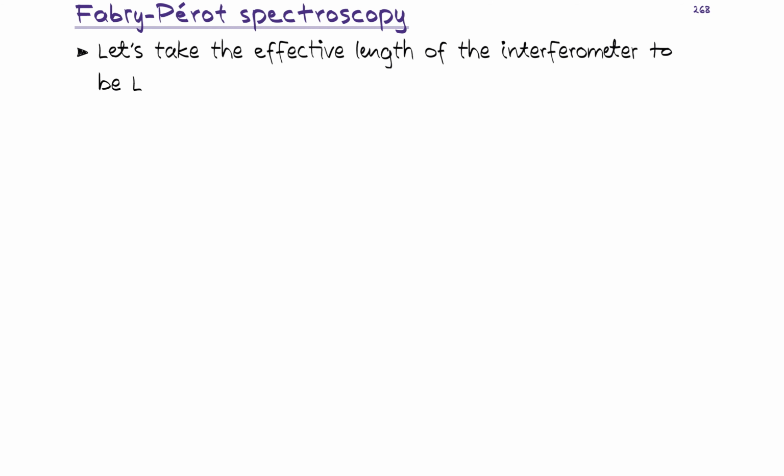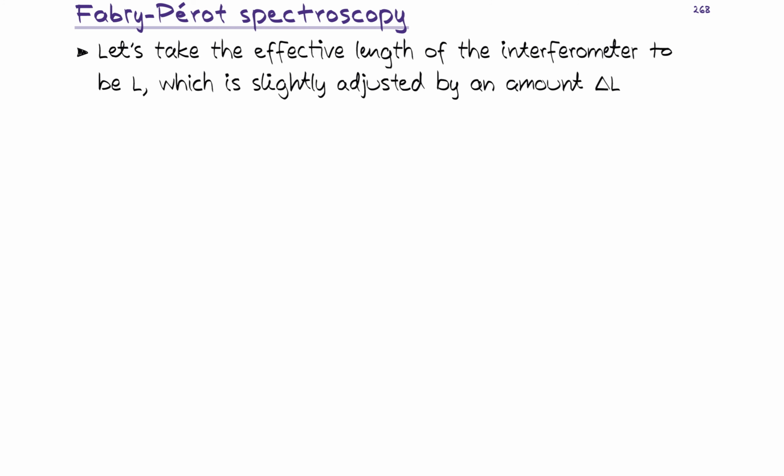Mth resonance frequency of my cavity. And now let's look how things would be adjusted. So let's look how this effective length of my interferometer, so my resonator, changes the properties. So essentially what happens when we slightly adjust the effective length, and let's consider that we adjust it by an amount of delta L. And now the corresponding frequency shift, so how our measured irradiance distribution changes, we can